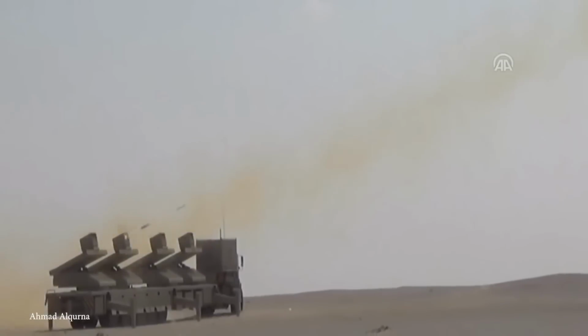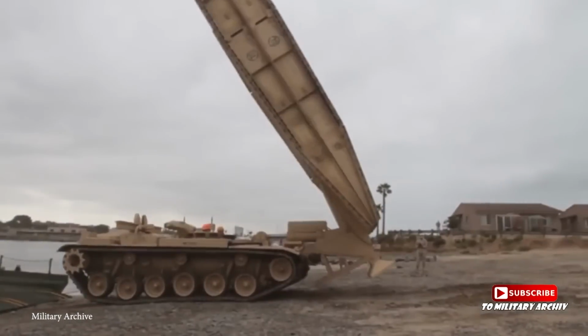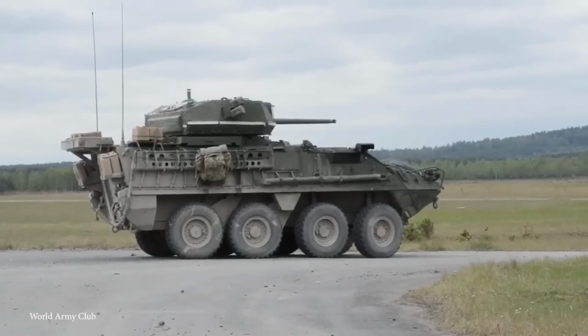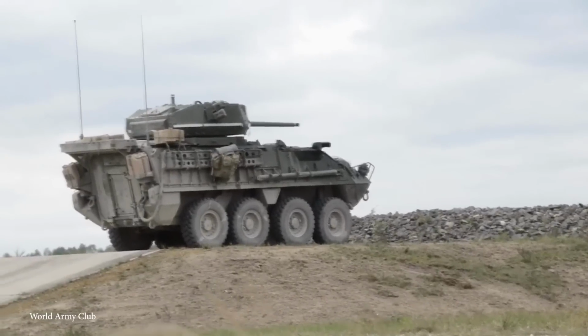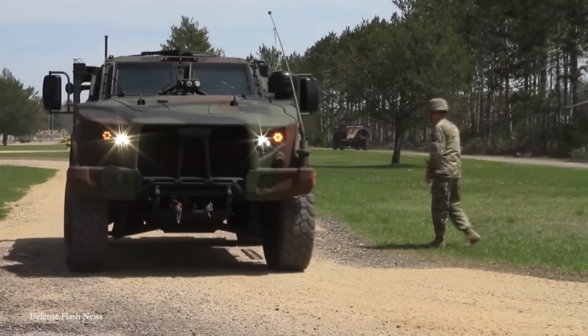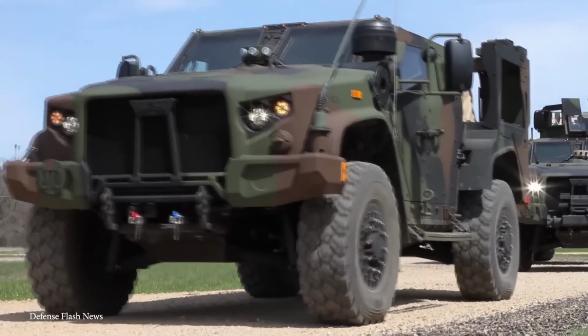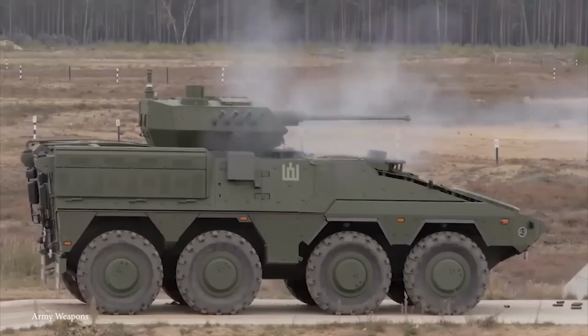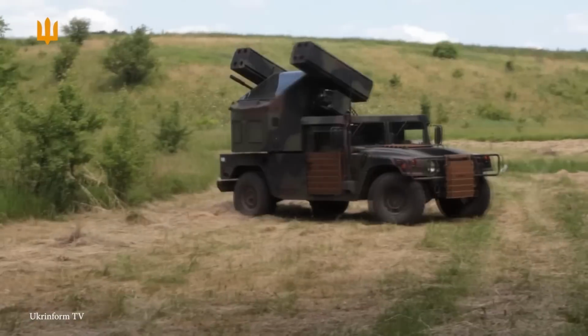In the ever-evolving landscape of modern warfare, military vehicles have undergone a remarkable transformation, integrating cutting-edge technology and innovative design to enhance their efficiency and effectiveness on the battlefield. From heavily armored tanks to agile reconnaissance vehicles, these machines represent the pinnacle of military engineering. Join me, we're going to delve into the world of military vehicles with the top 15 most sophisticated military vehicles